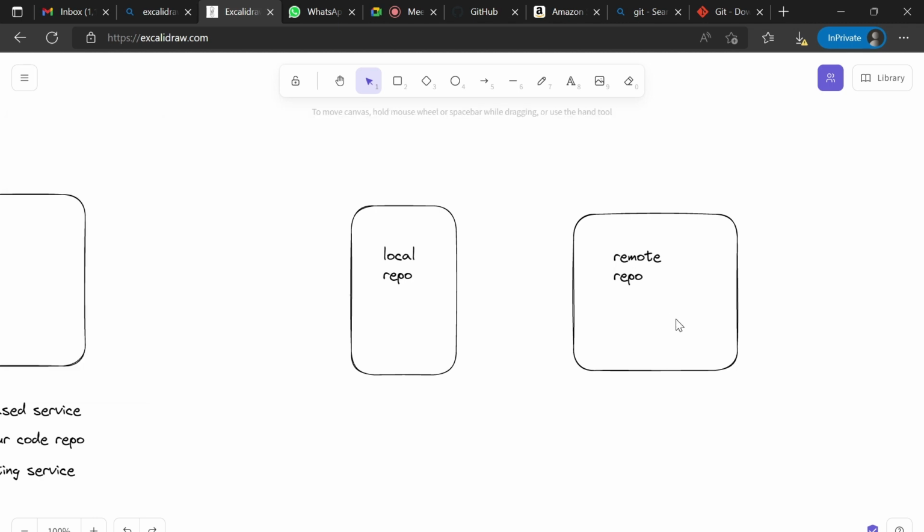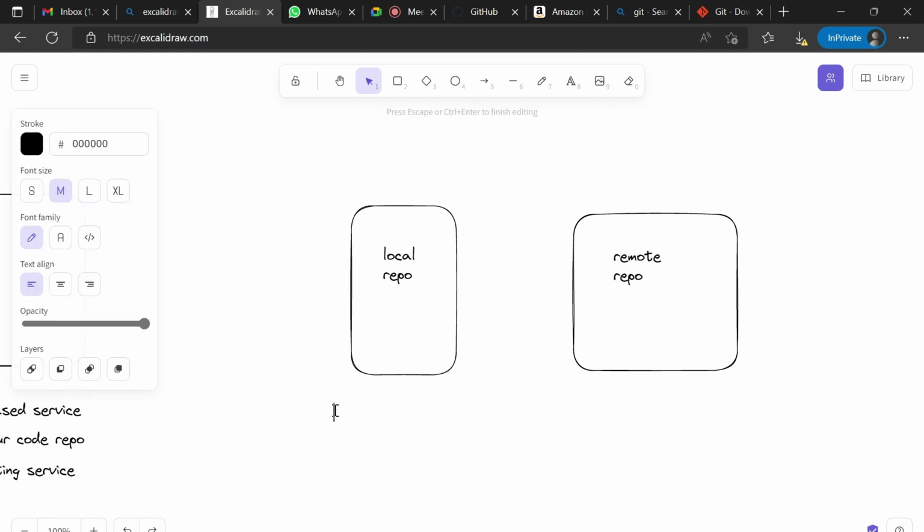It is a very simple concept, just a few differences here. So what is a local repo? Local repo means your copy of the code repository on your local machine, a local copy of the code repo on your machine.